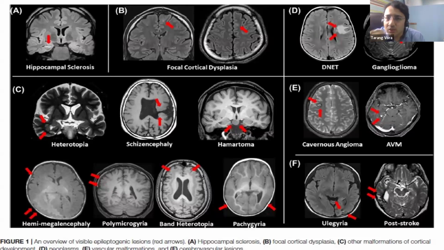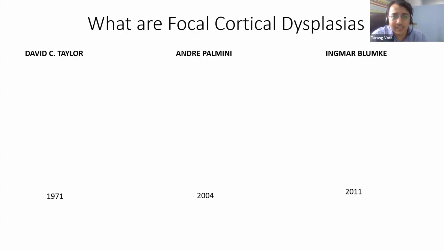But things that are not visible on the MRI, that is what we are dealing with. And when things are not visible on the MRI, but the epileptologist is sure that the seizure onset is focal in nature, the semiology of the seizure is focal in nature, and the epileptologist is sharing data that it does not look genetic or metabolic, then we are looking at the MRI, and the MRI is normal, and then our role starts with the post processing to find out where exactly this dysplasia is.